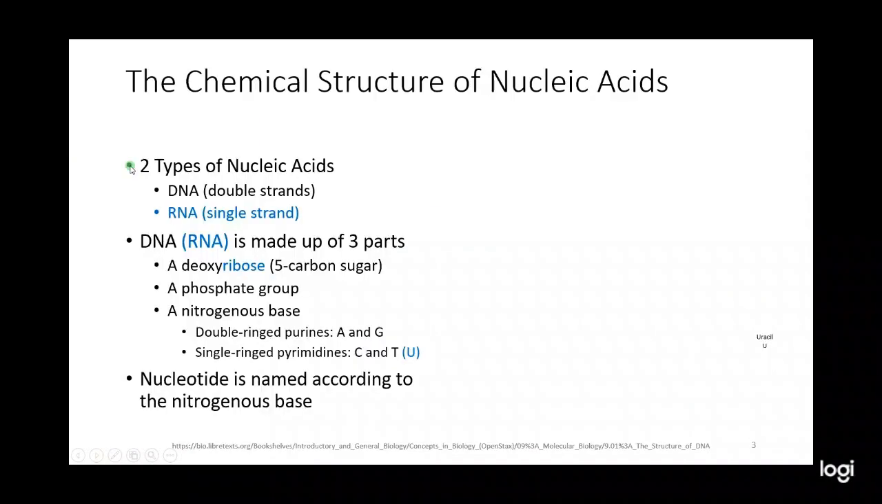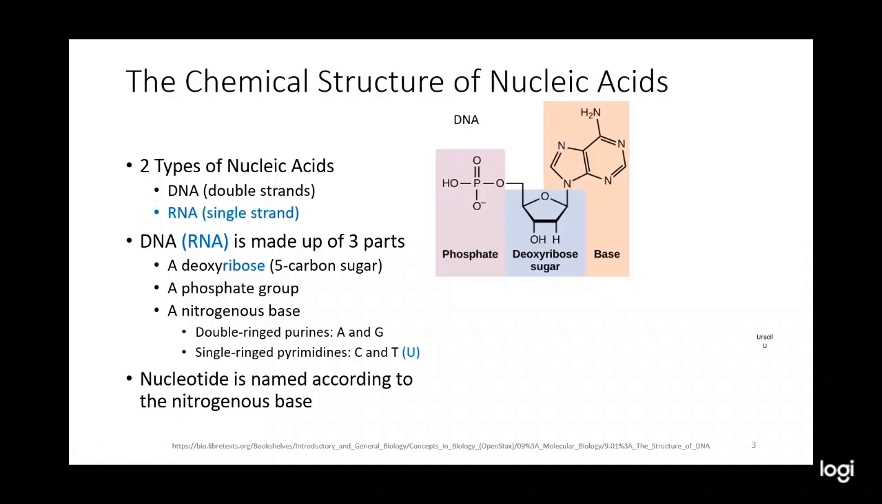Let's take a brief look at the chemical structure of nucleic acids. There are two types: deoxyribonucleic acid, DNA, a double-stranded molecule; and ribonucleic acid, RNA, a single-stranded molecule. Both DNA and RNA are made up of nucleotides, which serve as their fundamental building blocks. Each DNA nucleotide consists of three components: